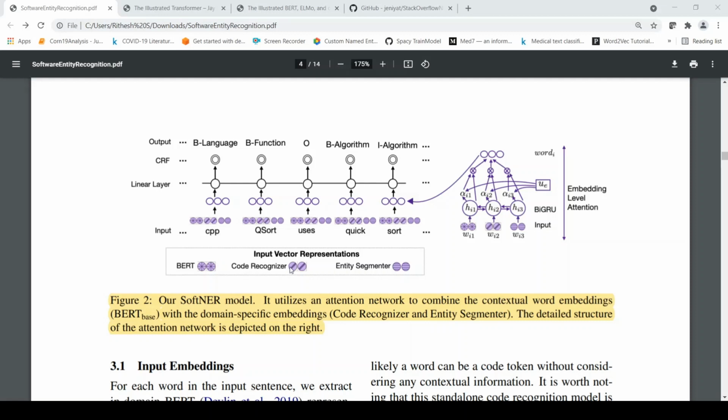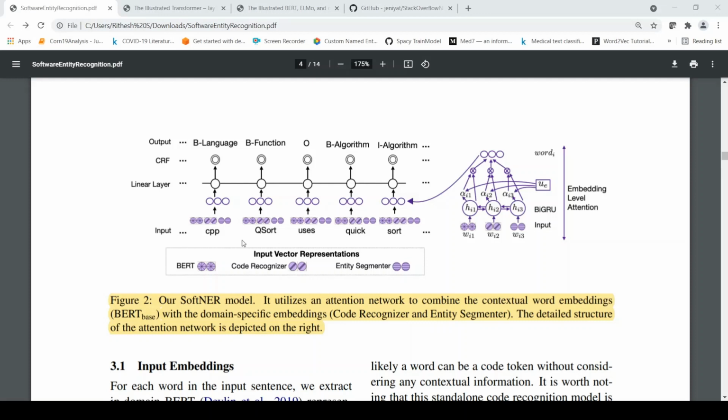On top of that, they introduce two standalone models. One is a code recognizer, which, irrespective of the context, identifies whether a word is part of code. And an entity segmenter, which identifies whether a certain segment of text belongs to a software entity.